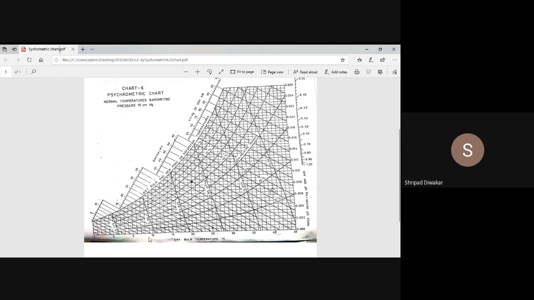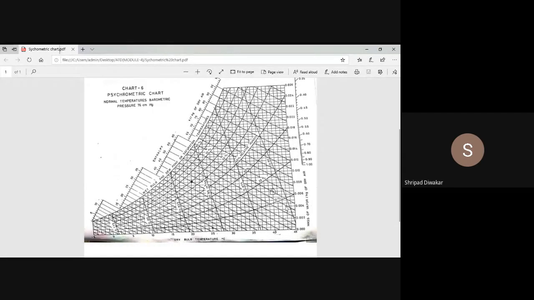First location, that is 10 degree WBT, 20 degree DBT. Here is your point, and the line is exactly passing. Relative humidity is 20%, and the specific volume line. And to find out specific humidity, you have to move in the right direction, and whatever value on the y-axis gives the specific humidity. And this is the third parameter. What are the things we found out? First one, relative humidity. Second one is specific volume. Third one is your specific humidity.